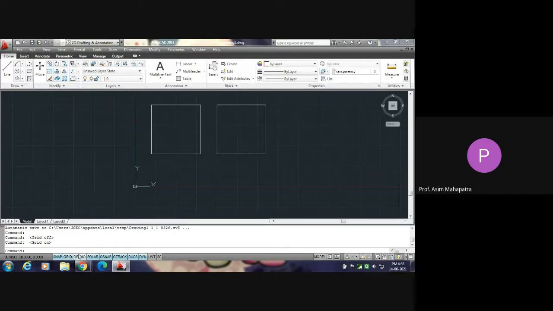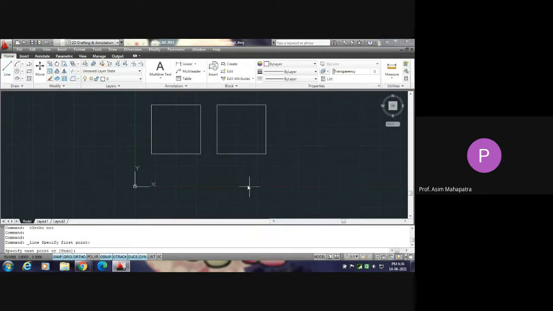There is another option, ortho. In ortho mode, only horizontal and vertical lines will be drawn. Ortho means perpendicular. Here ortho means horizontal and vertical. If the ortho is in on condition, you will not be able to draw any inclined line.